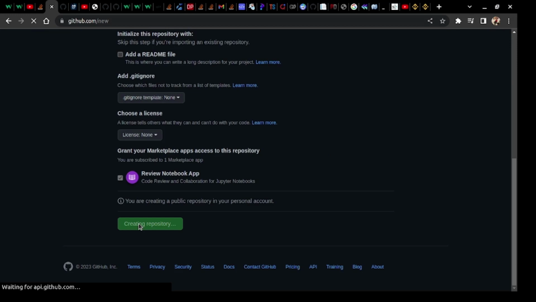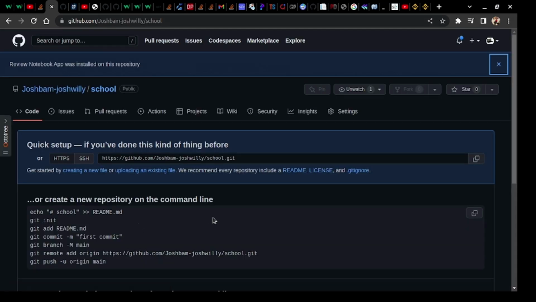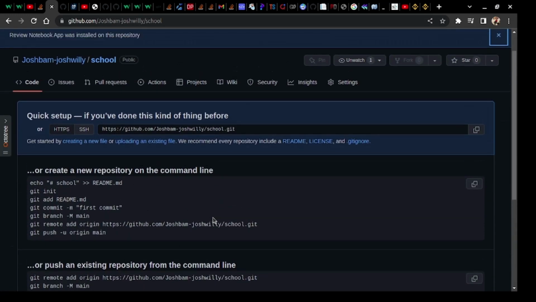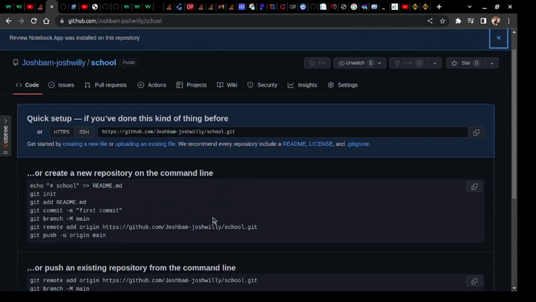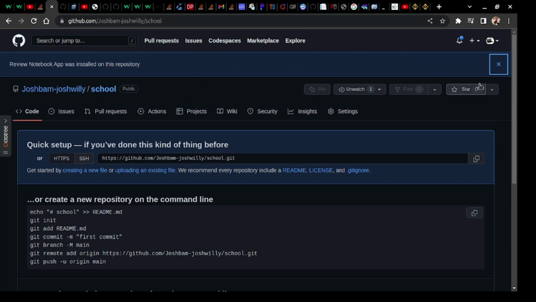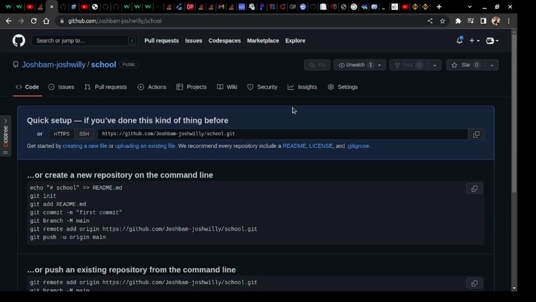Is this as easy as that? So my repo is here, up and running. So that is just it. But I noticed that some of you guys are finding it difficult to create your repo because recently